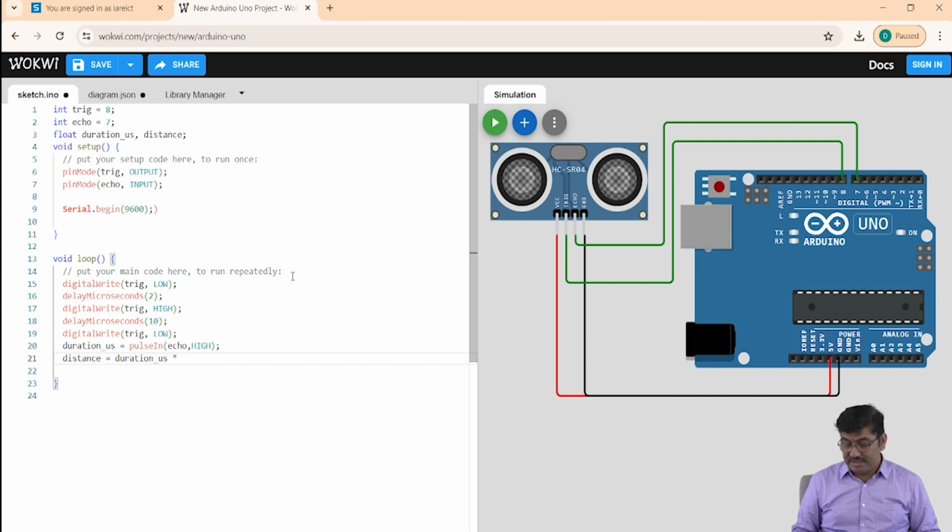There are two ways of writing this. One, you can write 0.034 divided by 2. Otherwise, this 0.034 divided by 2, we can straight away write as 0.017. So now this we are going to get for the variable distance. Whatever distance you have measured, we want to display through the serial port. So for that, we will write